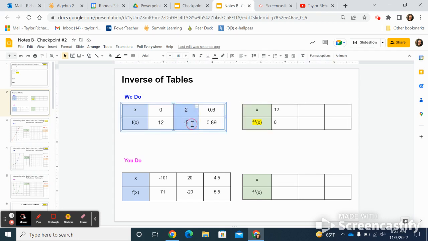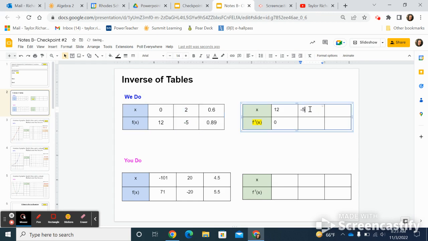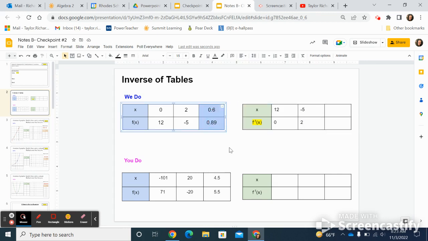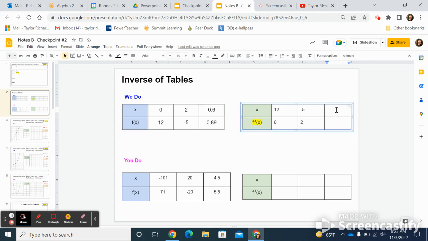So my next point, my X is 2, my Y is -5. I'm going to switch those. My X is -5, my Y is 2. My last one, my X is 0.6, my Y is 0.89. Again, I'm going to switch those, 0.89, 0.6. And that's essentially all you do for tables, switch X and Y. This next one's a you do, so go ahead and try it out on your own. Again, just switch